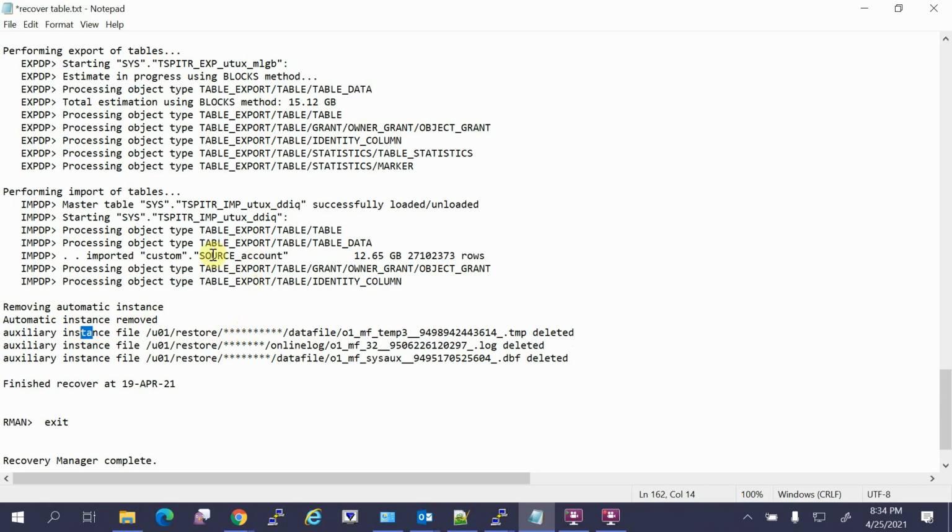Now in the source table, I could find one table called source data account. It took exactly 4.5 hours for us. It may increase or decrease based on your speed, your CPU, your shape in OCI.